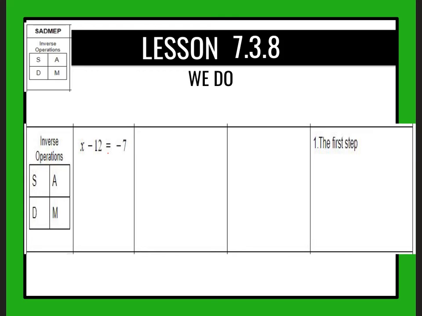Welcome back. So if I look at x minus 12 equals a negative 7, hopefully we're remembering our integer rules. So if I'm subtracting 12, now I'm going to do the opposite of that and add 12 to both sides. I want to know what x equals. What number does it equal? So if I add 12 on this side and I add 12 on this side,